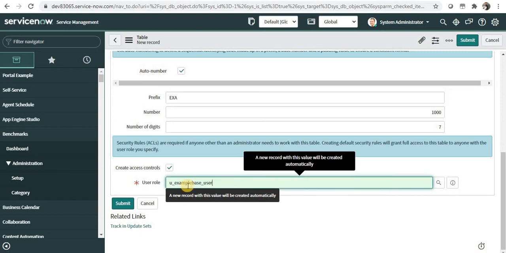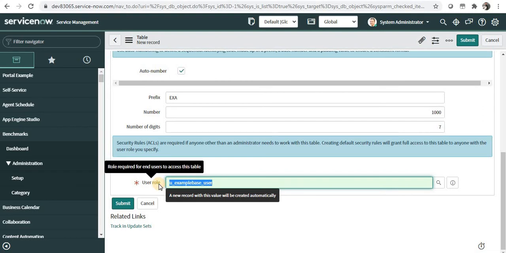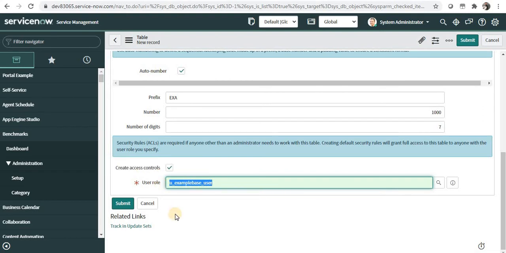And if I want to create ACL for this particular table as well, this is for restricting this table to some particular role or to some particular users. And if you want this ACL to be created right now, it doesn't matter because we are logged in as admin. So whosoever will have this particular role will have access to this table.